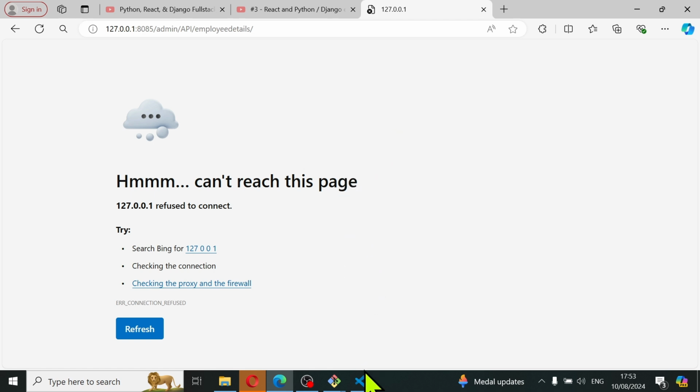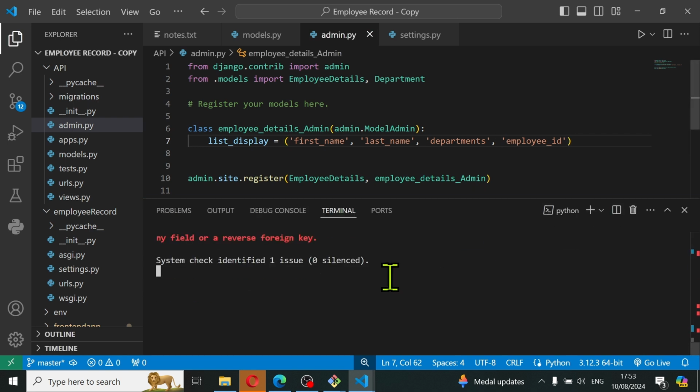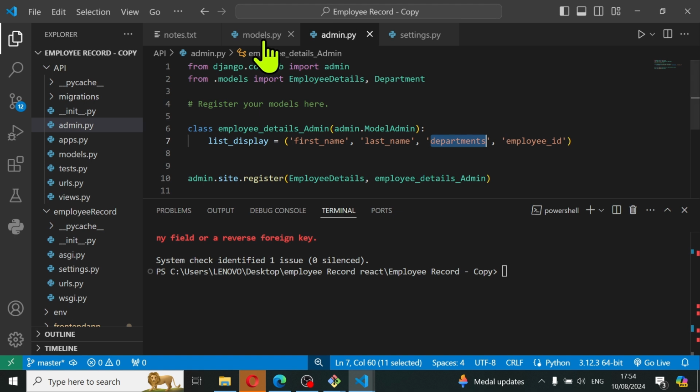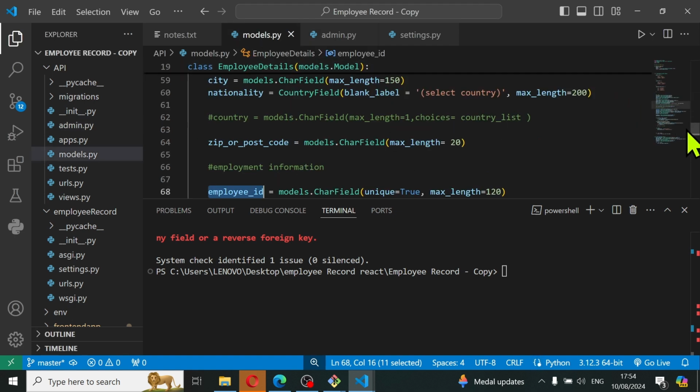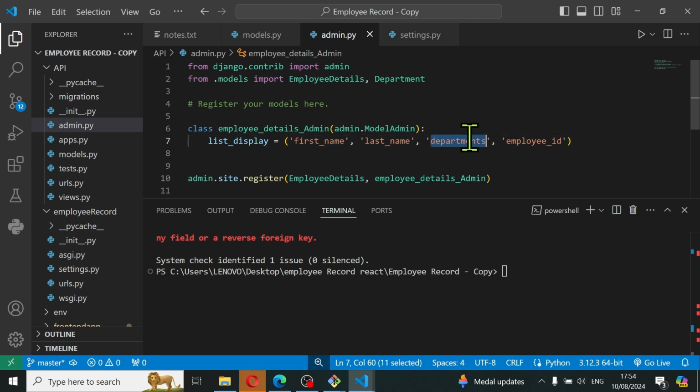So the best thing I'm gonna do is just to kill this terminal and then restart it again. So I'm just gonna end it, come to this point, press Ctrl C, and then I think I have an error. It's saying list display cannot be a many-to-many field. Now department is a many-to-many field. If you look at it very well, let me show you. Department is a many-to-many field. You can't include it in list display, so I have to take off this